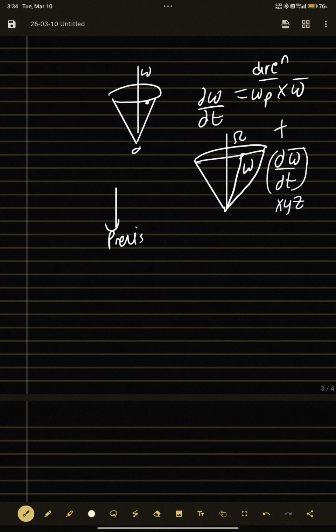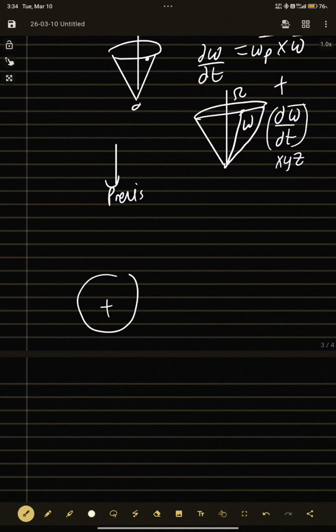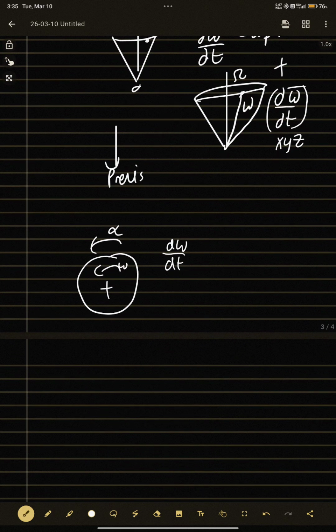ये क्या है? ये वो वाला केस है जब हम लोग 2D में एंगुलर एक्सेलरेशन लिखते हैं। 2D में एंगुलर एक्सेलरेशन कैसे लिखते हैं? ये सर्कल है, this is omega and this is alpha. 2D में तो डायरेक्शन चेंज होने का कोई प्रॉब्लम नहीं, तो if this d omega dt here implies only the magnitude change, तो ये वही वाला कंपोनेंट, and this one is due to the change in the direction of omega. तो टोटल ओमेगा कैसे चेंज कर रहा है? It is moving along the space cone, और किस स्पीड से मूव कर रहा है? ये प्रिसिशन स्पीड से मूव कर रहा है।